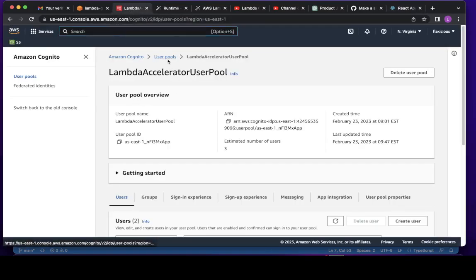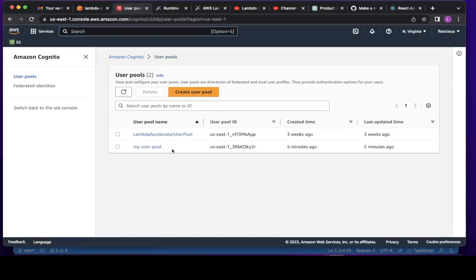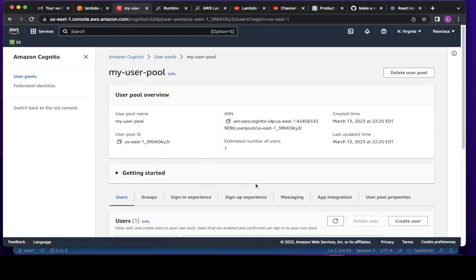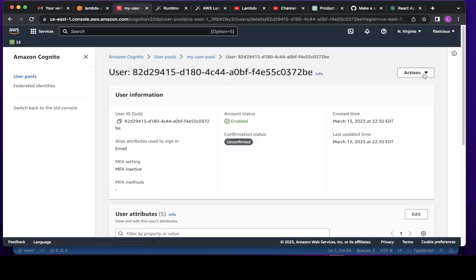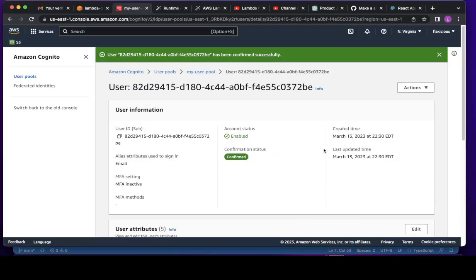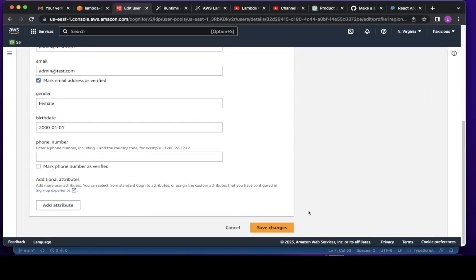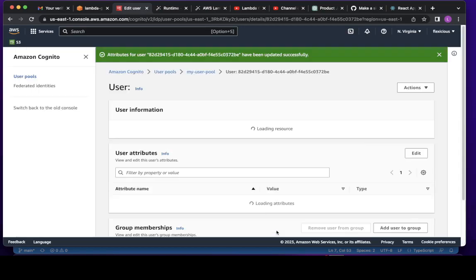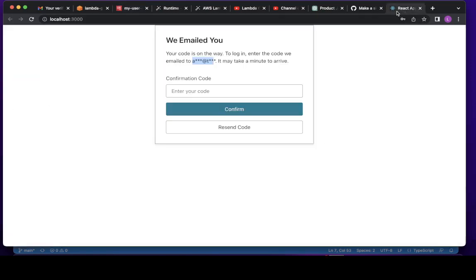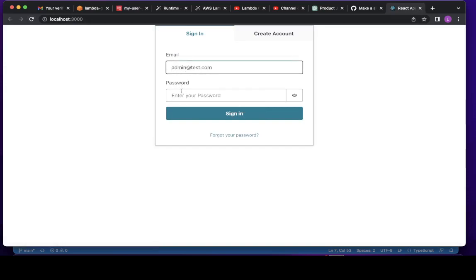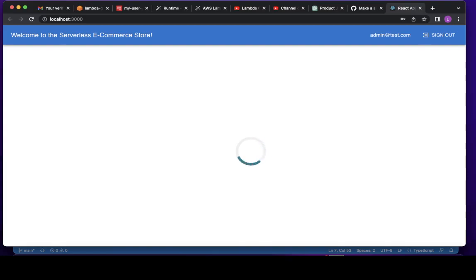what you can do is go into the user pool. This is the user pool that was created as a part of the CDK. Click on this action, confirm account. You confirm this account. Also, you want to go in here and say mark address as verified. So now you should be able to go in here and log in as admin. You can see when it does log in, it's going to make a call out to API Gateway and hopefully get